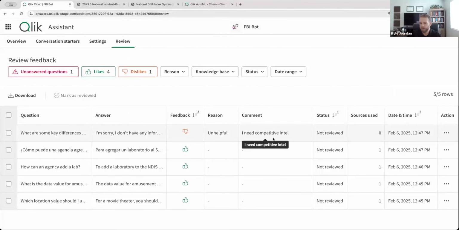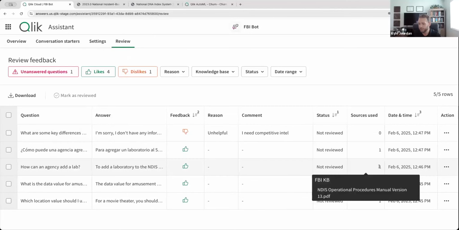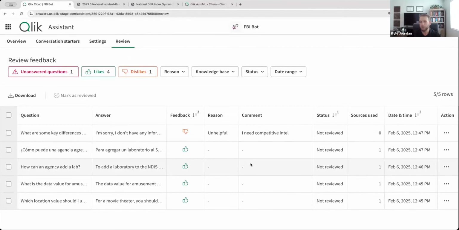So I, as an administrator, now have this really great visibility into not only what questions people are looking for answers for, but what documents they are using to get those answers, so that I can make sure that not only are our documents up to date, I can make sure they're getting trusted information, and I can make sure that there are no knowledge gaps where people are looking for information and not getting it because we don't have any sources to provide that answer.